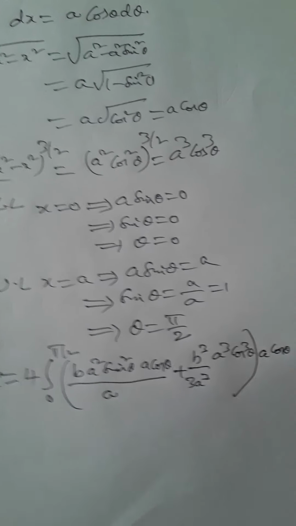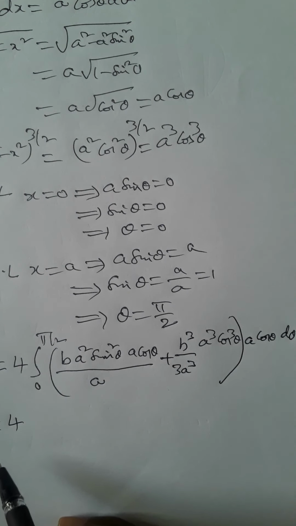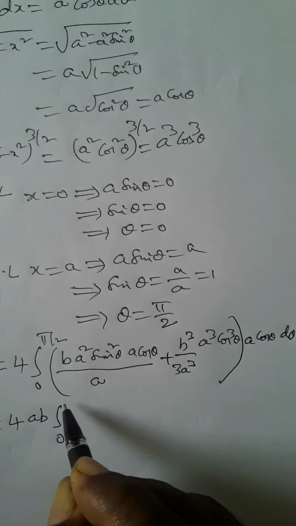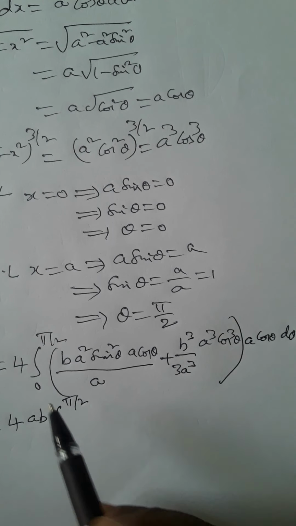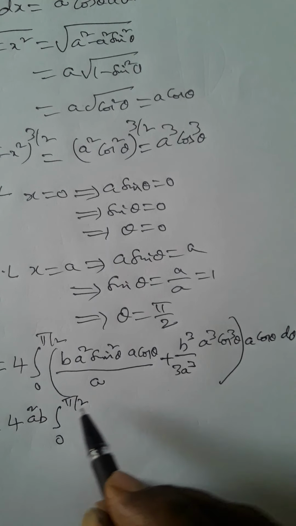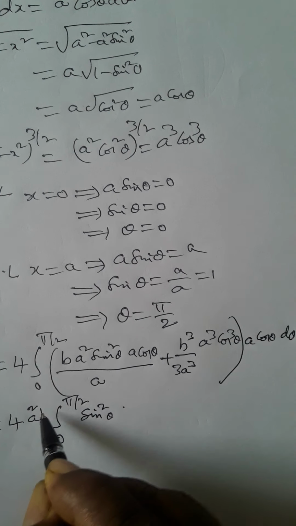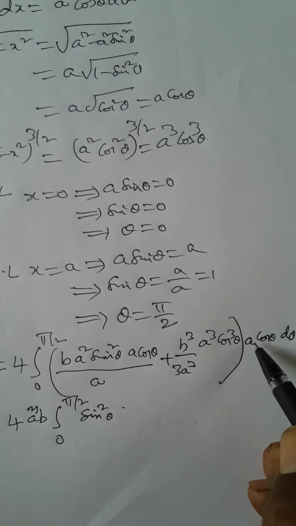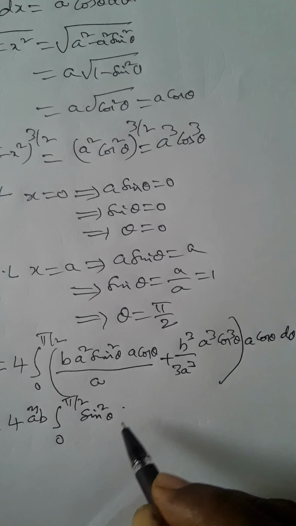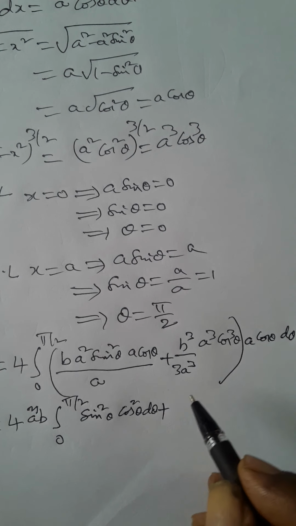The a cancels, giving 4a square b integral 0 to pi by 2 sin square theta, and another a is there, so a cube, a power 4 by a cube, b integral 0 to pi by 2 sin square theta cos square theta d theta, plus 4